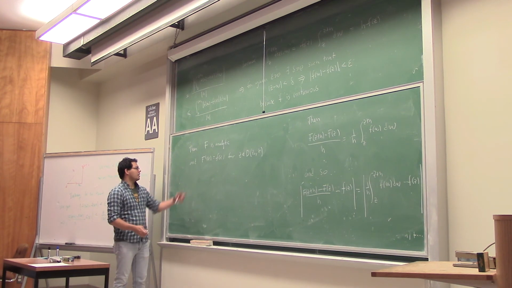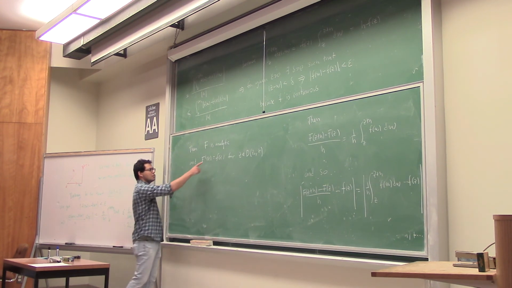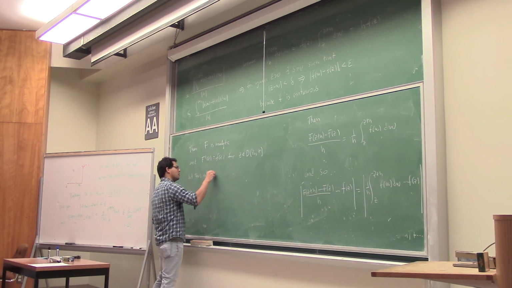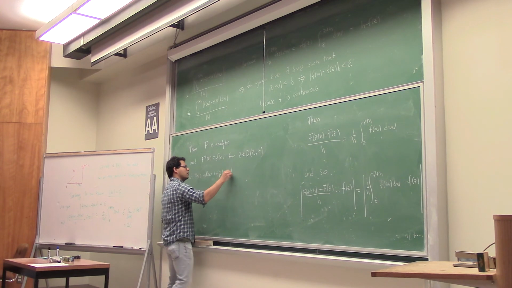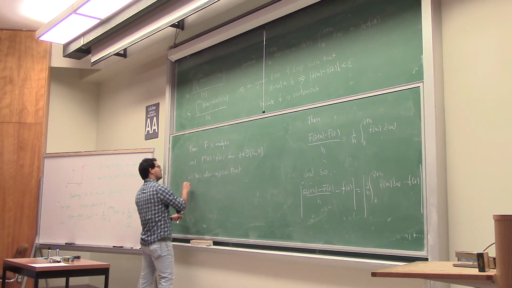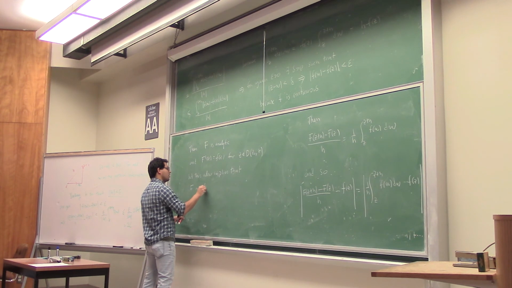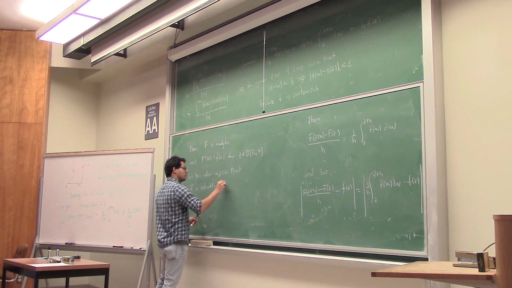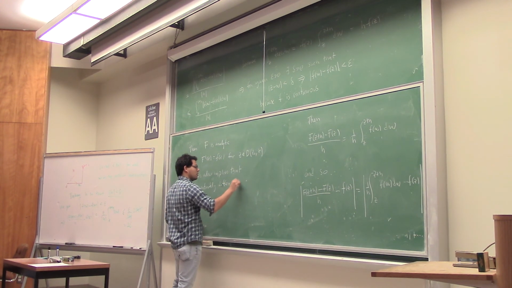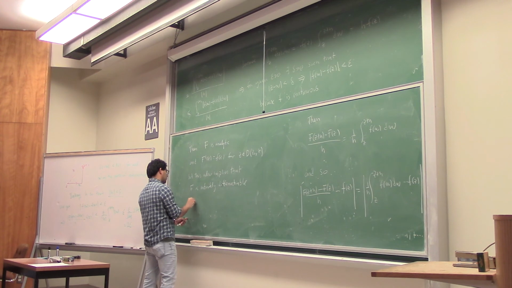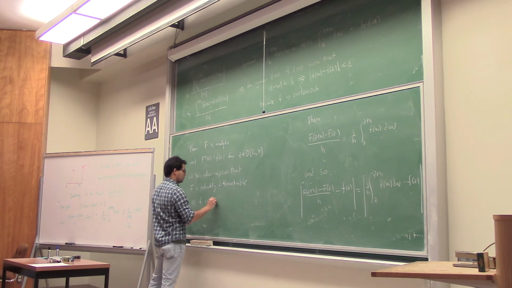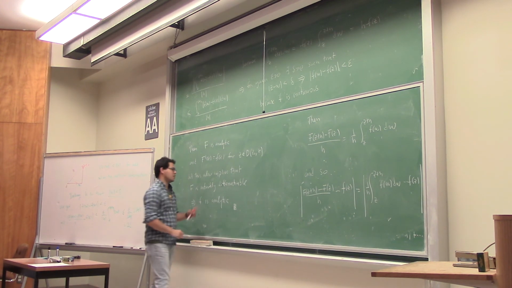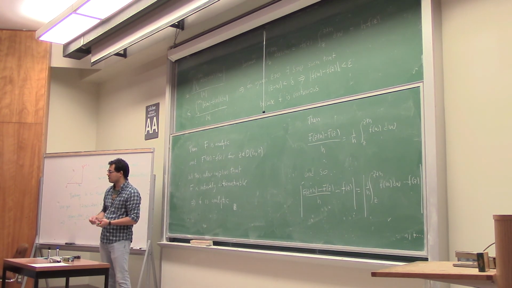And then F is analytic and the derivative is equal to z, but this also implies that F is infinitely differentiable. So the second derivative, for instance, is f. Okay,